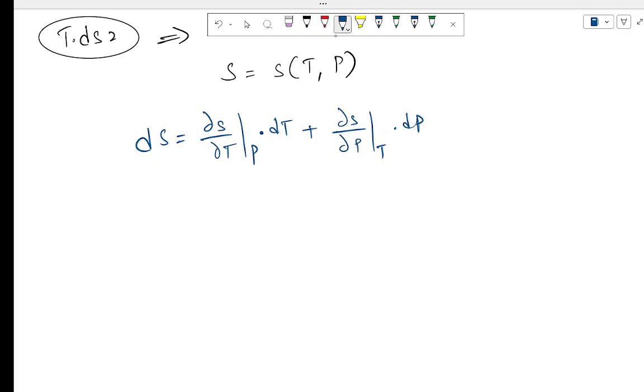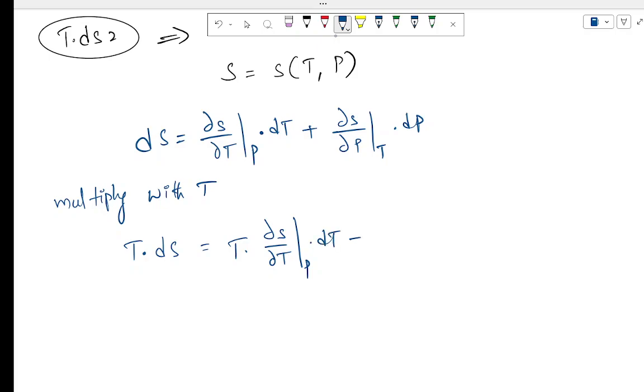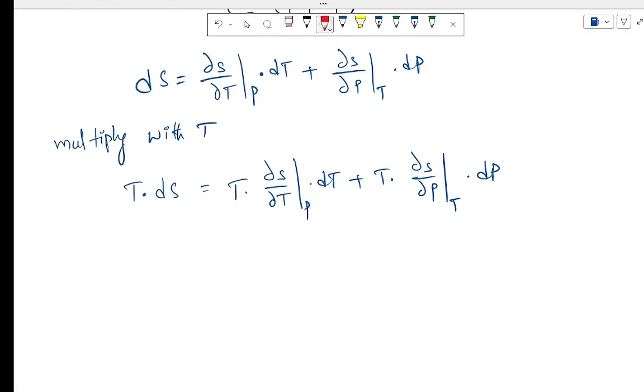Then if I go forward and multiply with T on both sides, I will get my TdS. What I want here is ultimately TdS. This TdS will be equal to T into ∂S/∂T at constant P into dT plus T into ∂S/∂P at constant T into dP. Okay, so this is my expression here, and now in order to transform it properly, let me call this